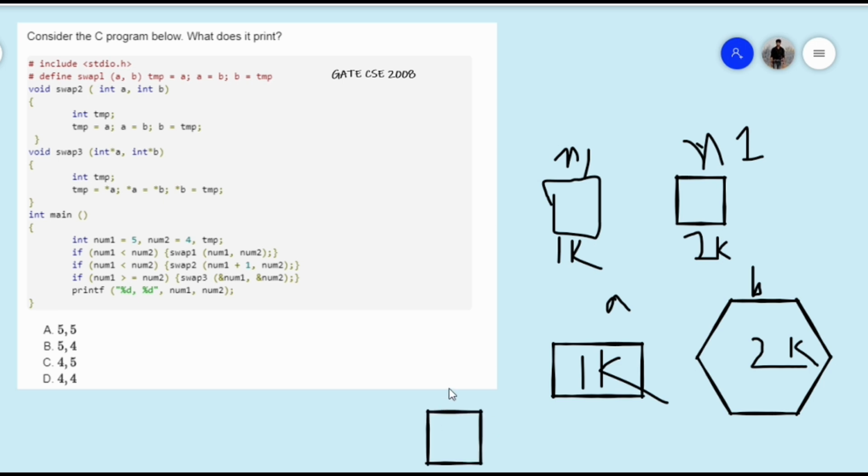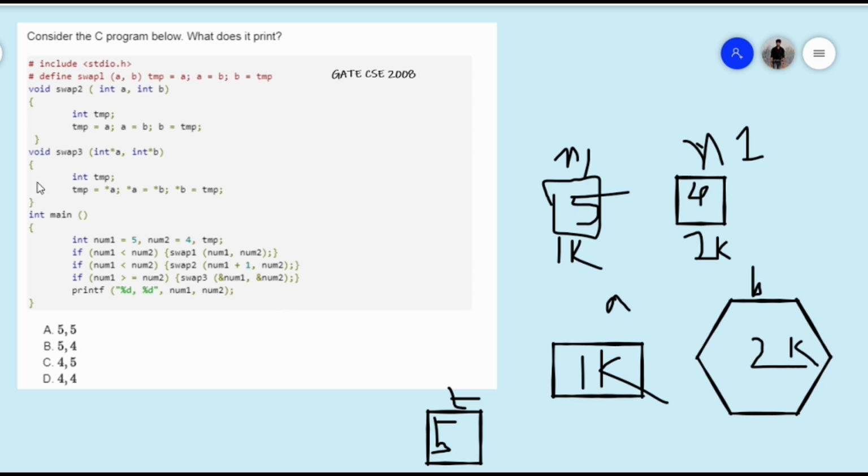And in temp they have stored the value of pointer a. So what is the value of a? That is 1k. When we reach 1k, because of this pointer, what is the value inside it? 5. Initially num1 and num2 have values 5 and 4, so here we got the value 5, so 5 will be stored here.